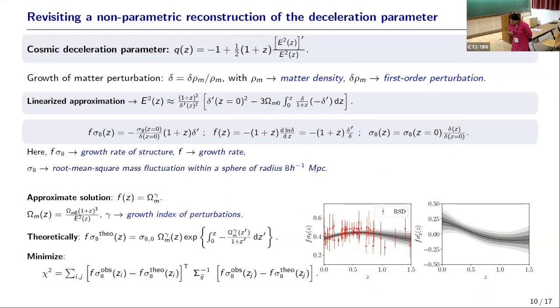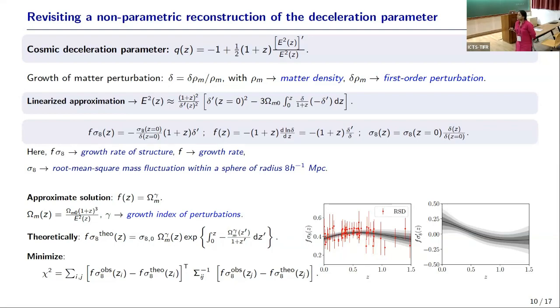So next, I have revisited the non-parametric reconstruction of the deceleration parameter using the growth rate of structure data. Now, for the growth rate of structure data, what we measure right now is the quantity called f sigma 8. Euclid will soon be giving us measurements of f and sigma 8 separately, but right now we are limited to this quantity. So we assume an approximate solution of this form for the growth rate, and we find the constraints on omega m and gamma